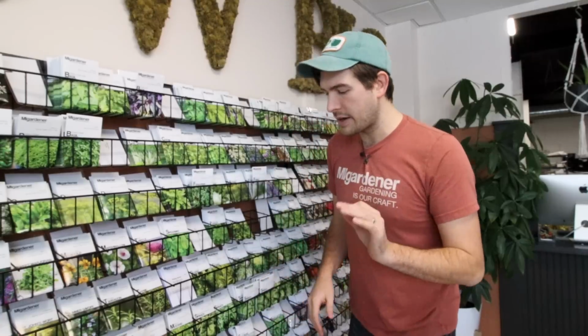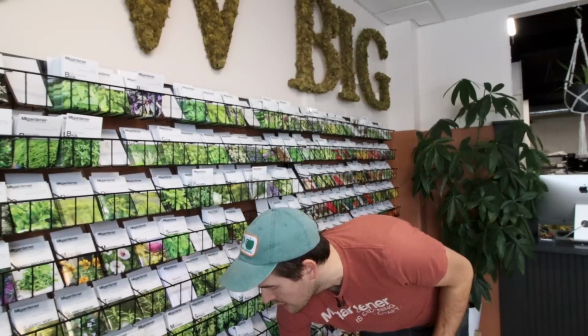If you have containers, you can't necessarily grow as much in containers as you can in a raised bed. And in a big raised bed, you can grow a lot of things, but if the boundaries of your garden prohibit that, well then you're still limited. And I want you to take that into consideration, because if you grow in containers and you look at the